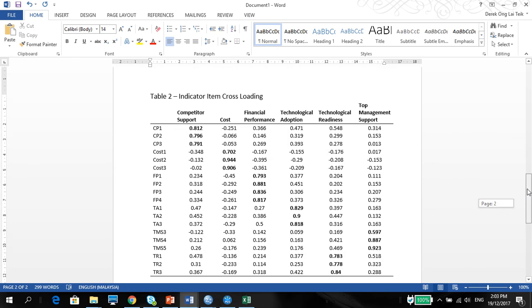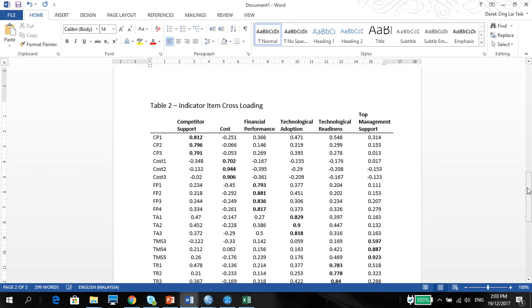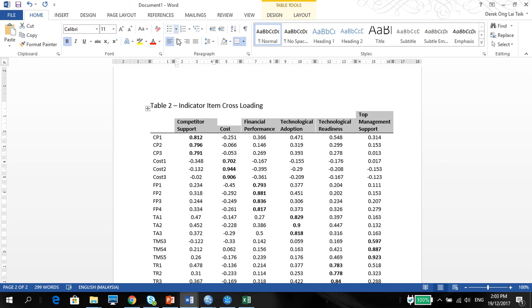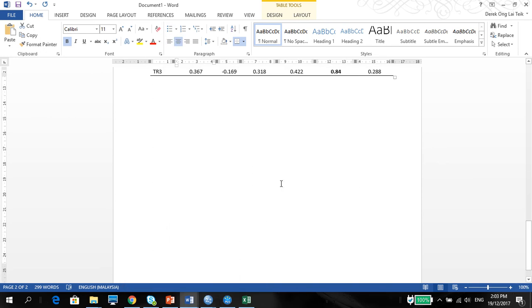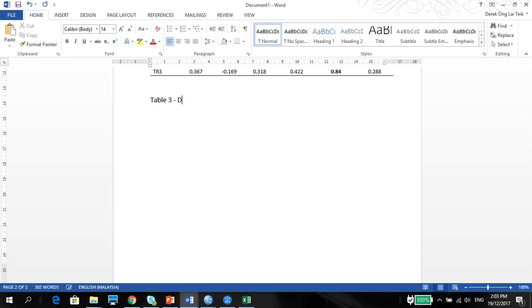You have table 3. So that's the first one you need to do, the cross-loading for your items, the indicator variables. Then you also need to do the discriminant validity, the Fornell-Larcker. I'm just going to write here table 3, discriminant validity for the Fornell-Larcker